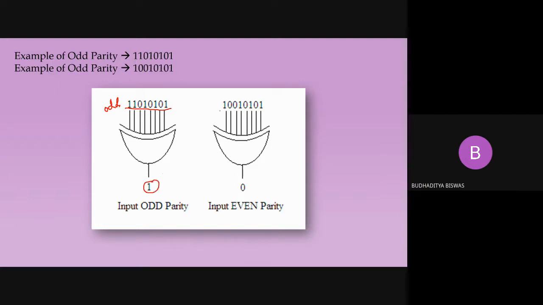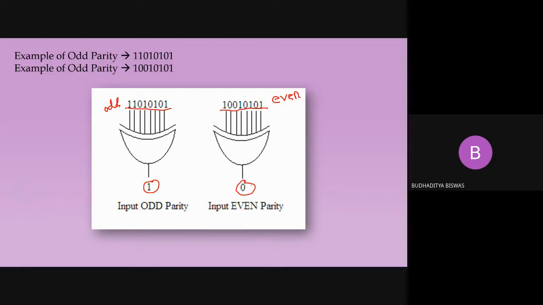And here you see how many 1s are there? 1, 2, 3, 4. So if an even number of 1s are present at the input of an XOR gate, then it will always generate a 0. So based on this property, we detect whether the parity we receive is even or odd. All the data should pass through an XOR gate. If the XOR gate output is 1, then the received data contains odd parity.